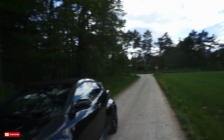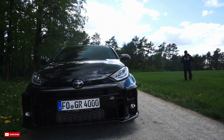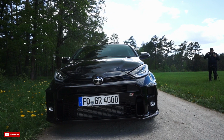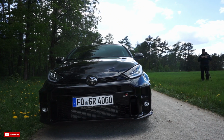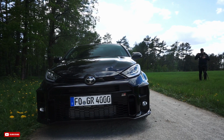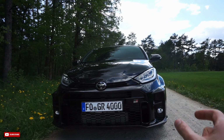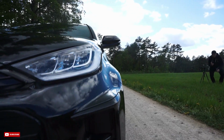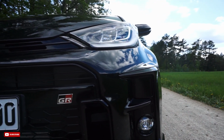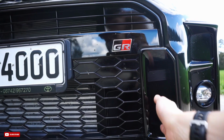Okay, so let's begin on the front. It has a huge grille which is dominating, but it's all technical, and they try to use it also as a design element. So it makes the front of the car look strong and powerful. They also used some vertical elements like the fog lights panel with these aero lips. Also the same vertical idea is this air channel, which is probably brake cooling,